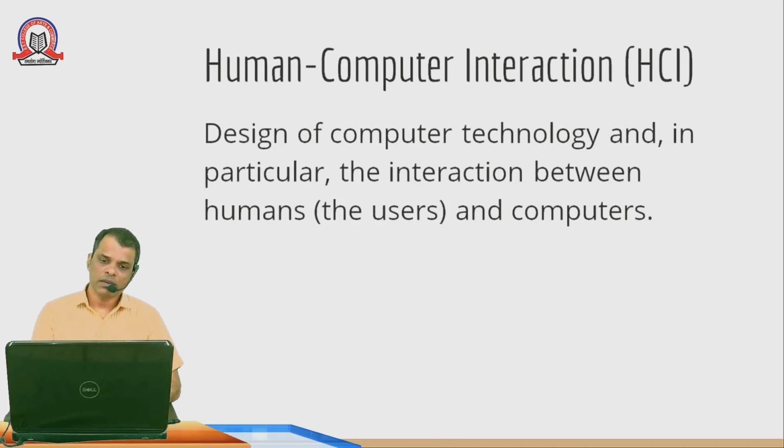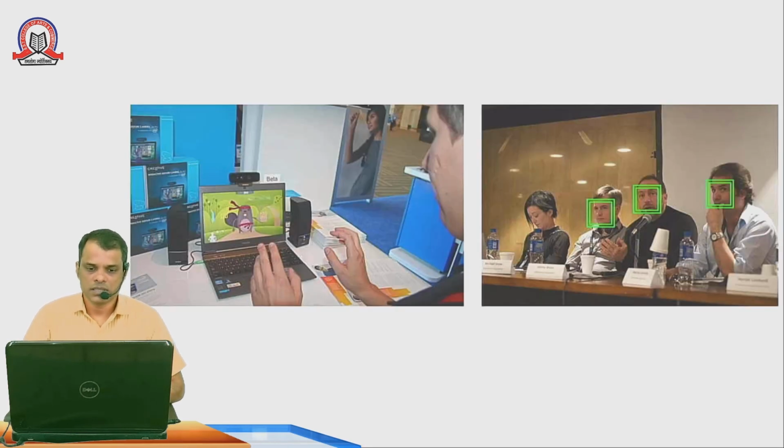An example related to this is that nowadays it is possible to play games using gestures. If you pretend to throw a ball, the game works. You are aware of this type of face detection system. Mostly in your mobile cameras also there is face detection. So this is called human computer interaction.